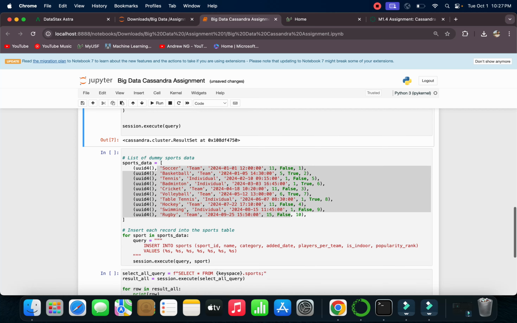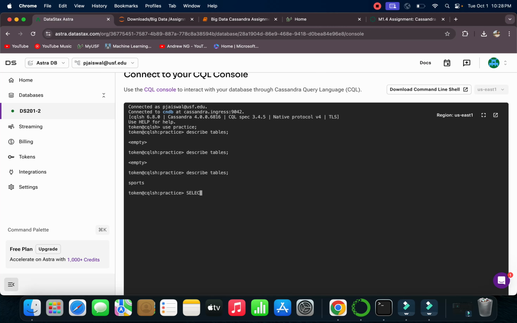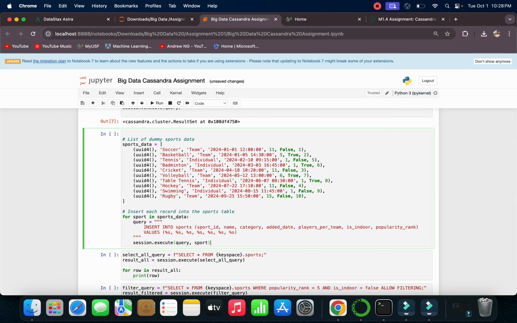We'll come back here. This is a dummy set of data I have created for my table. I'll be inserting each row of data using a for loop in the Cassandra database. But before that, we'll just quickly apply a select statement to see if the table is empty. Practice dot sports. There you go. You can see that our table is created, but it is empty as of now because we haven't executed this query. I'll quickly execute this query,